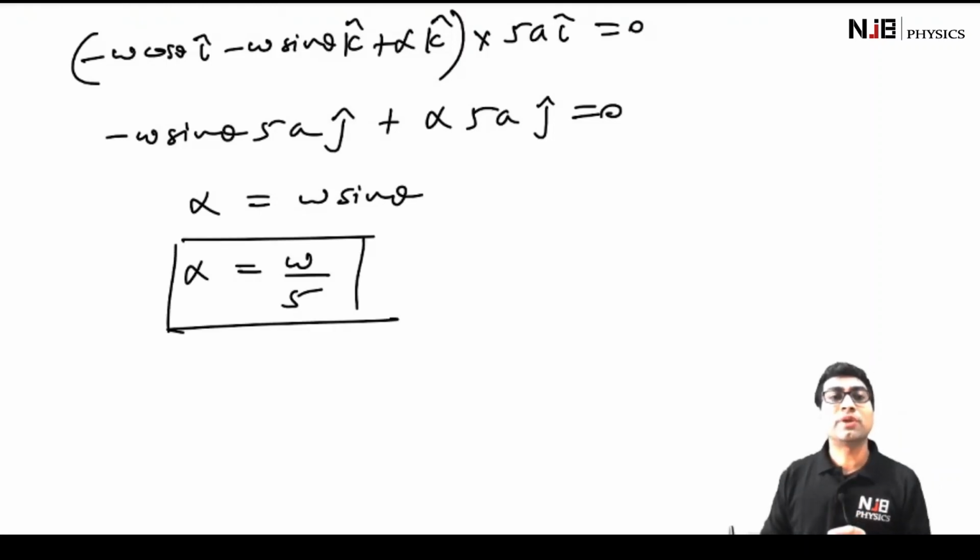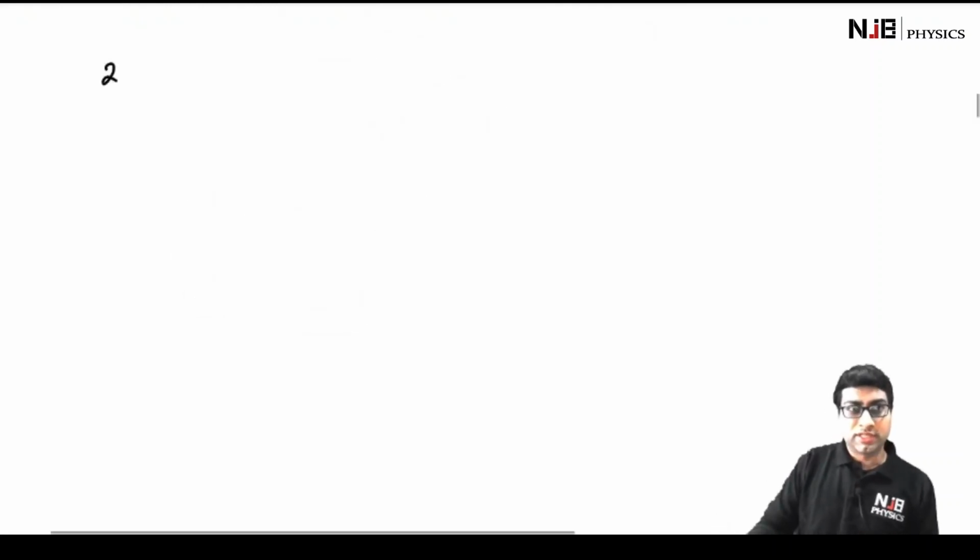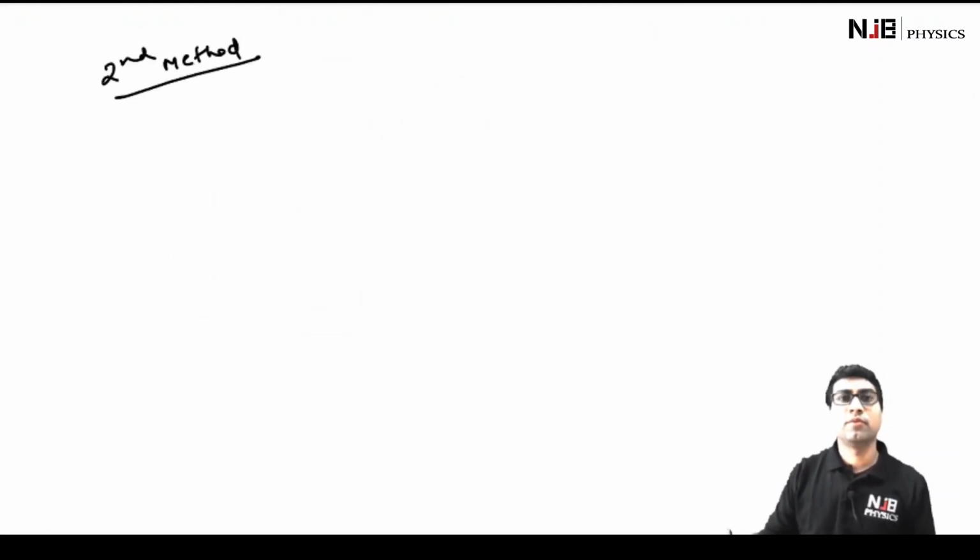So this is going to be the angular velocity of the center of mass about the z-axis, as we have already seen, because we wanted to get the value of this alpha, which comes out to be omega by 5. Well, this is one of the ways in which we can get the value of this alpha. There are other ways in which we can get this value, so let me tell you other methods too. So this is the second method by which we are going to get the value of omega.